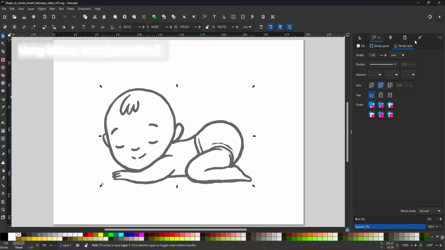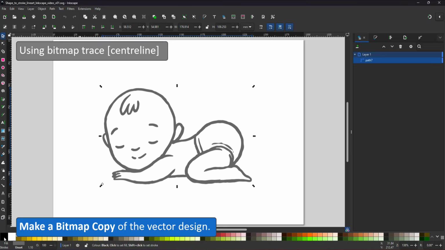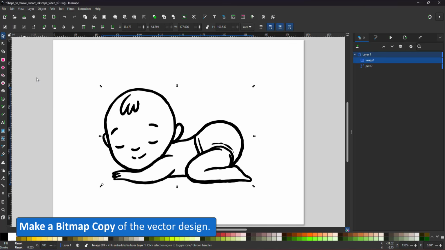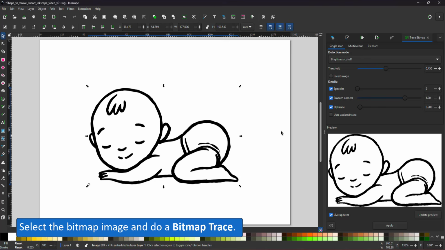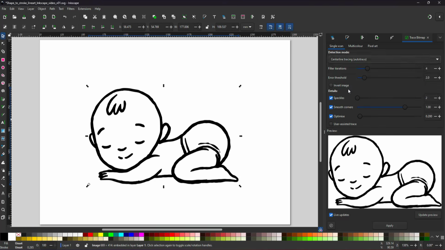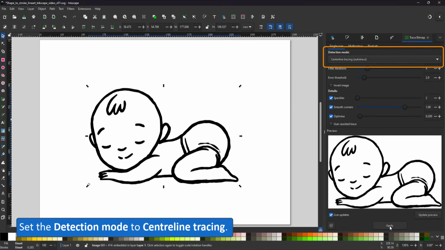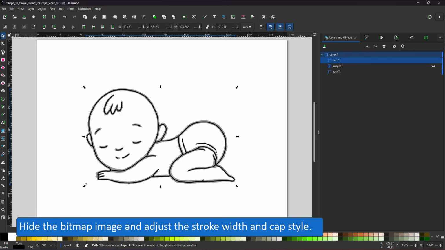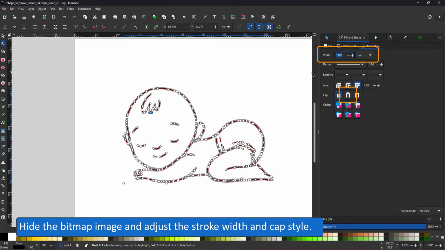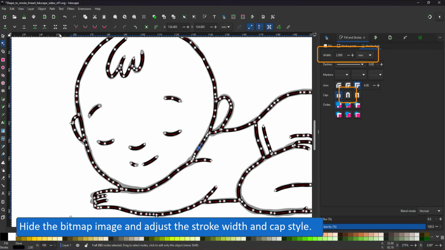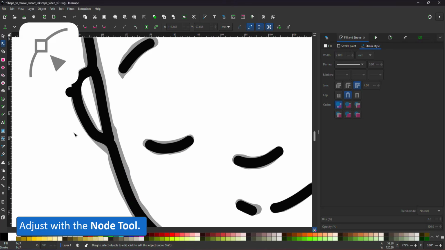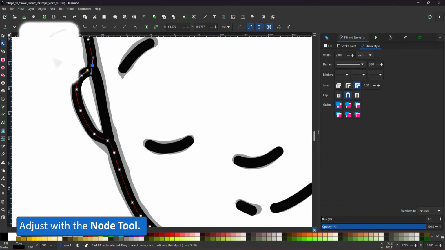For the second approach, I use the bitmap trace. I create a bitmap copy of the vector design, use the bitmap trace, and set the detection mode to centerline tracing, auto trace. The result is a path being placed on top of the image. I hide the image, see my vector design in gray and the line on top. I increase the width to match the original design and then go in with the node tool and adjust the